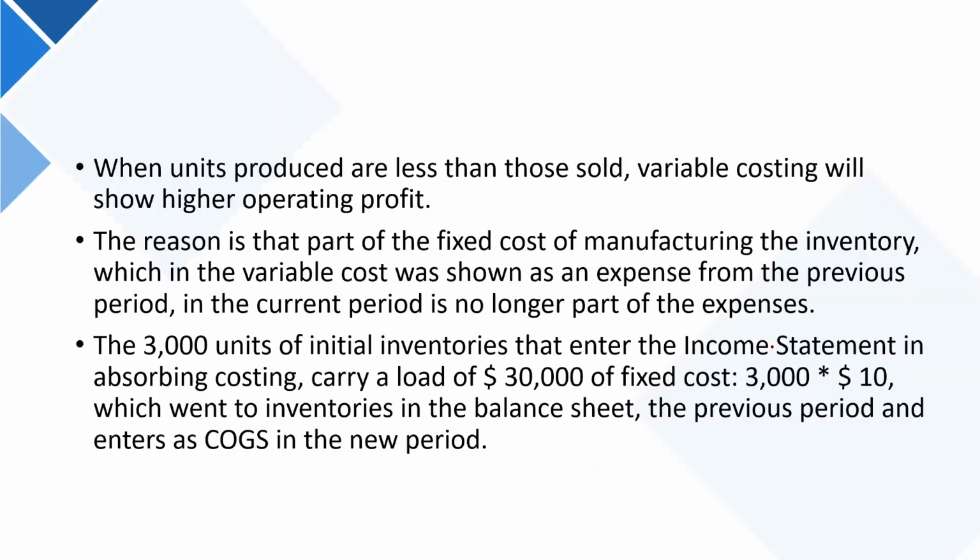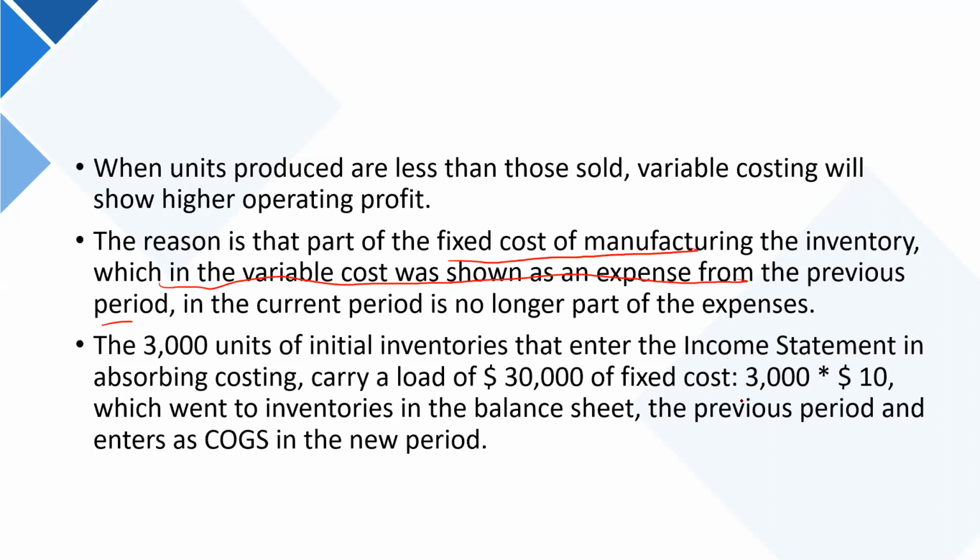Okay. So just to recap, the reason why we got a bigger profit in the variable costing is because the fixed cost of manufacturing the inventory, in the absorption costing, was shown as an expense from the previous period. That means that in this period, we don't include that fixed cost. And if we don't include the fixed cost, it means that we actually are not recording that money going out of the company. So we get a